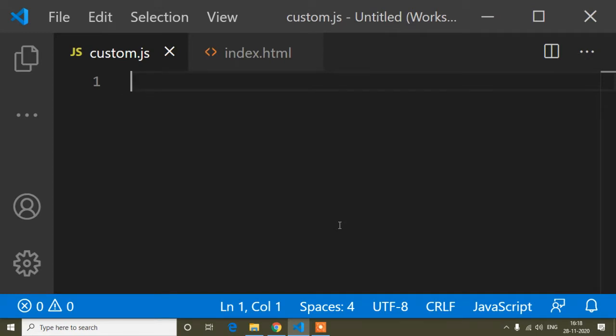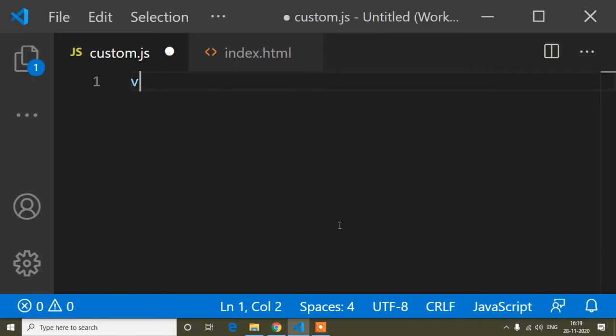So the array shift method removes the first element of an array, but the array unshift method works conversely to the array shift method. That means the array unshift method adds some element to the first of an array.